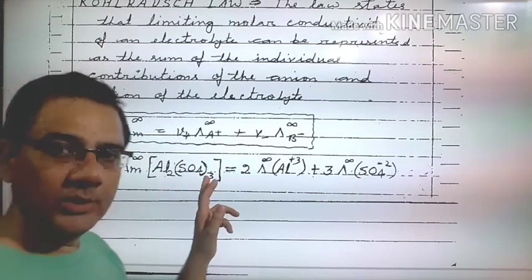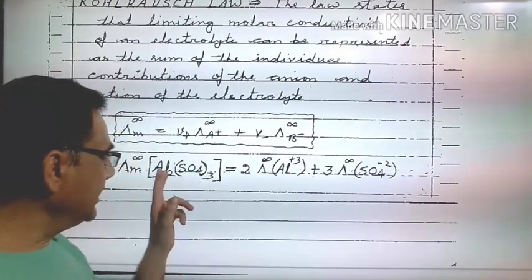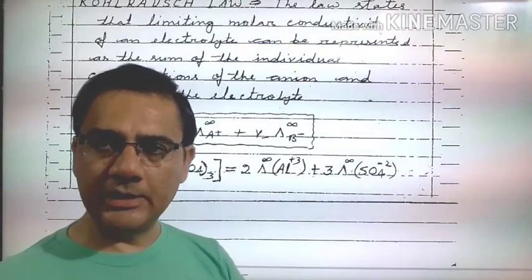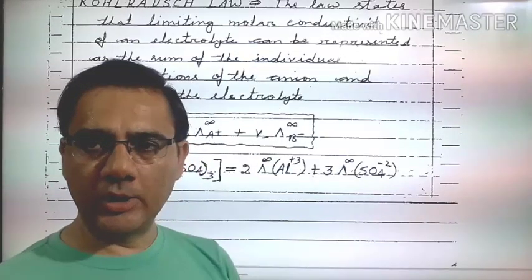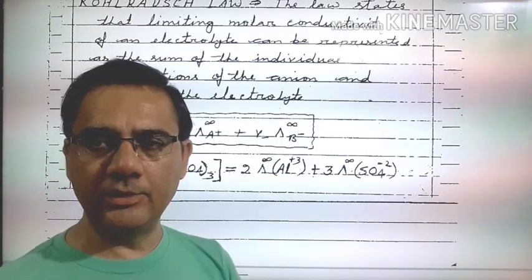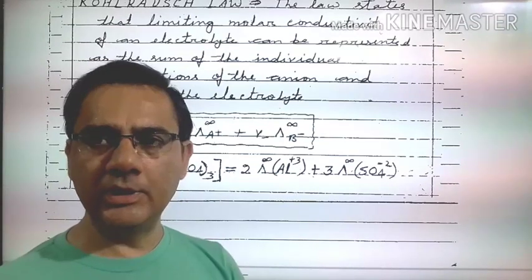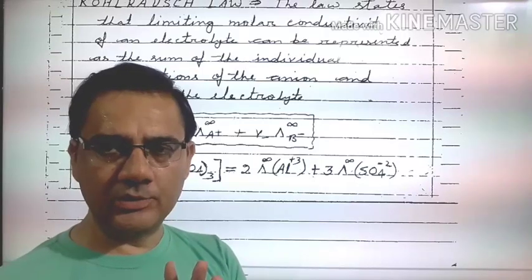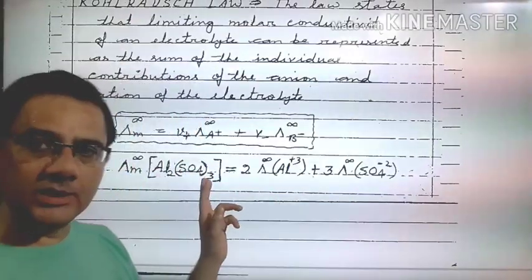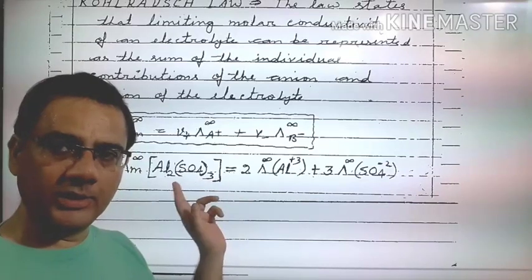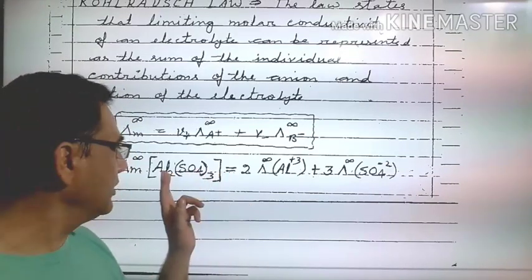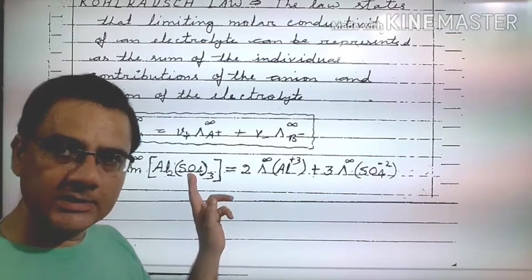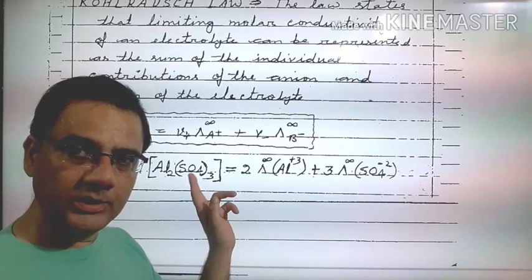और aluminum sulfate की हमको निकालना है, तो क्या करेंगे, इसके लिए aluminum और sulfate की जो individual limiting molar conductivity है वो हमको पता होनी चाहिए. That idea was given by Kohlrausch. और हर ion की जो limiting molar conductivity होती है, that will be given to you in the exam. Only you have to add these values. जैसे if aluminum sulfate will be asked to you in the exam, you will calculate the limiting molar conductivity of this compound, so you must know the limiting molar conductivity of the aluminum ion as well as the limiting molar conductivity of the sulfate ion, and that will be given to you in the exam.